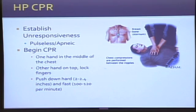So, establish unresponsive. No change for that for trained professionals. Trained professionals establish unresponsiveness and pulselessness. Don't waste time at it. The patient will either be apneic or have agonal respirations. Now we're re-emphasizing that